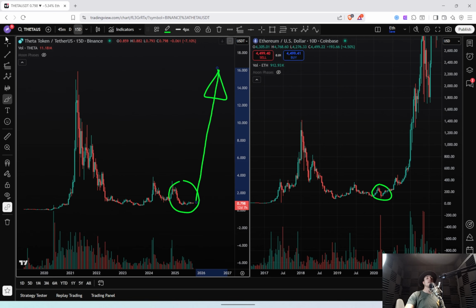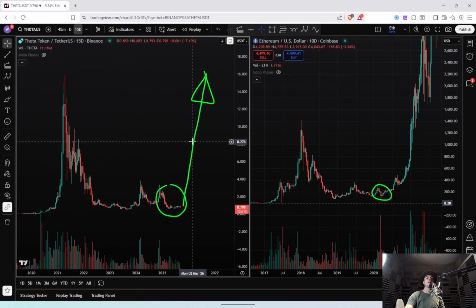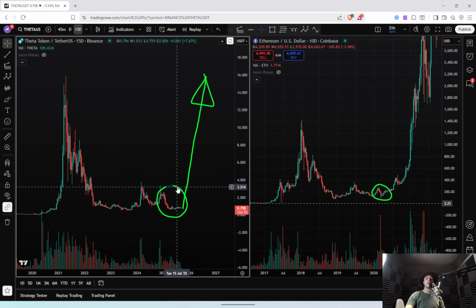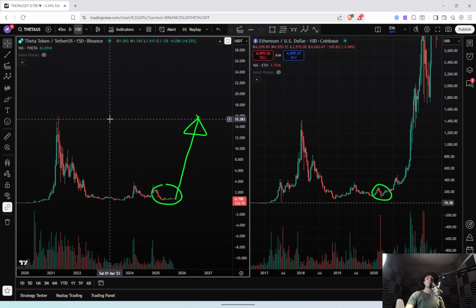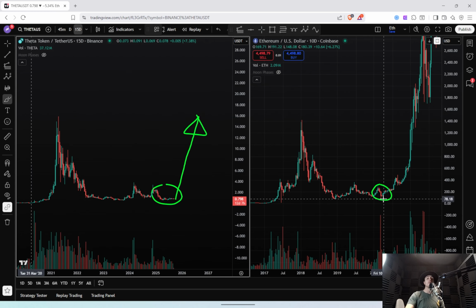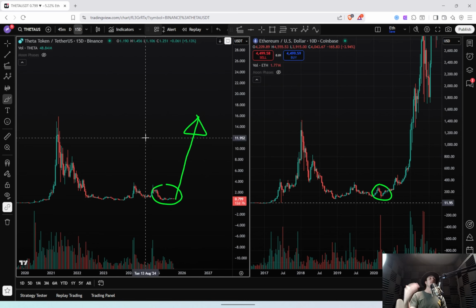In fact, the percentage gain could even be bigger because of the fact that Theta has a smaller market cap than Ethereum. So I expect a very big breakout coming for Theta based on the Bitcoin comparison, but also based on this Ethereum comparison, where buying the dip on Ethereum in March of 2020 was extremely profitable for everybody that had the faith and the foresight to do that. So yeah, be ready for big things coming on Theta, both in the short term and in the big picture,